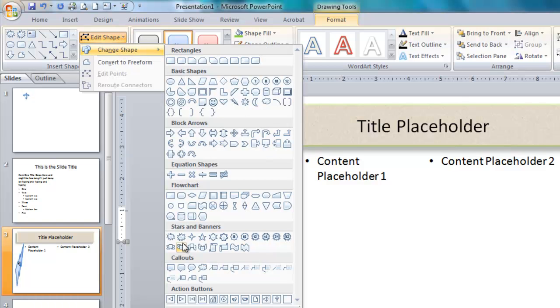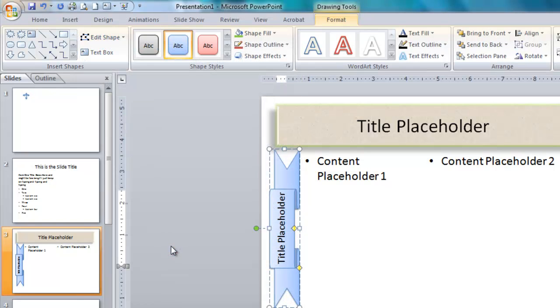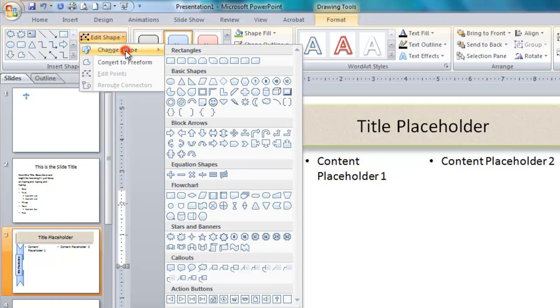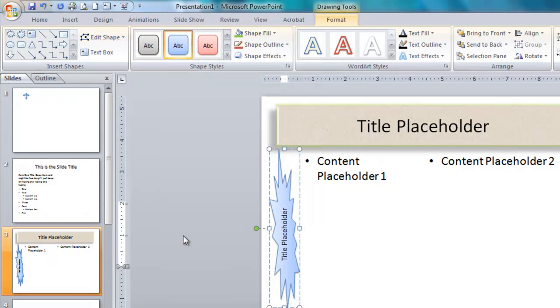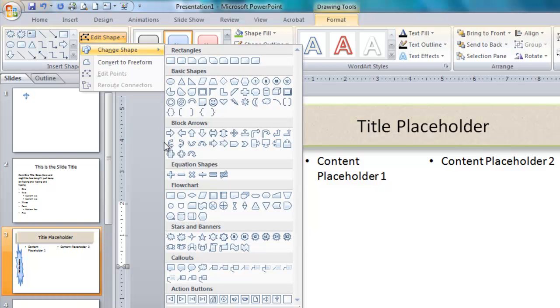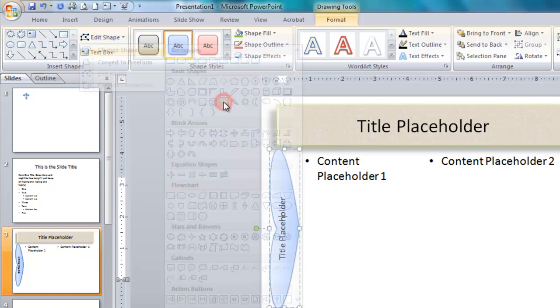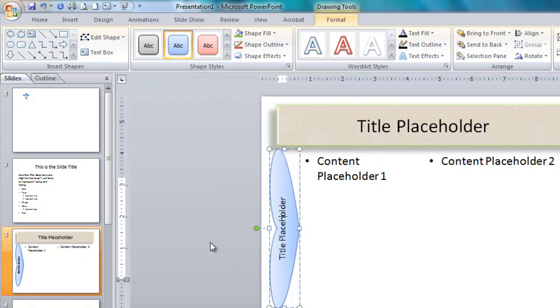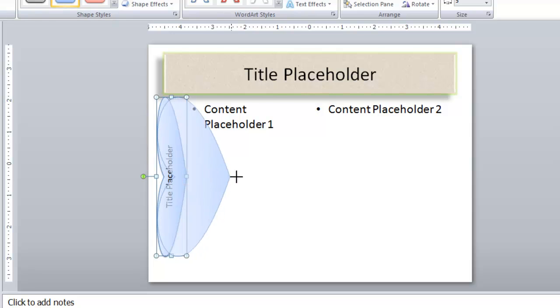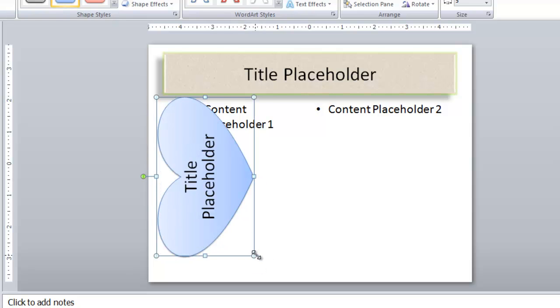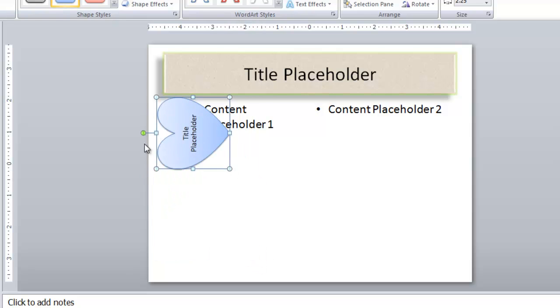Let's change it to maybe a banner, or a wow, or, oh my, a heart. Okay, and then of course you can adjust the size of it and so forth,